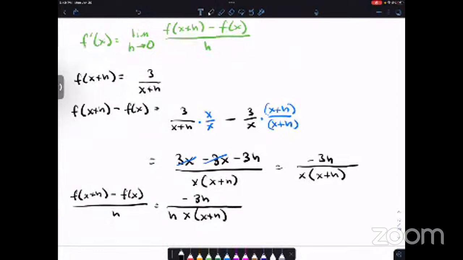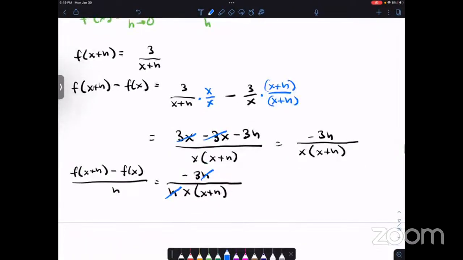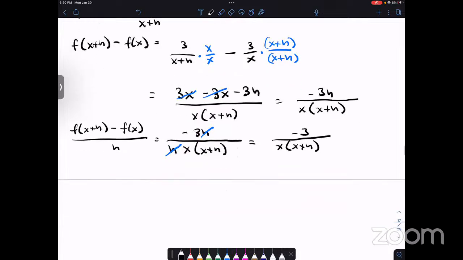Whenever you're doing this technique, this limit definition of the derivative, you're on track when you get to a point where you can successfully and correctly cancel these h's like that. When those h's cancel, then 9 times out of 10 you're on track, right? That's kind of the goal, to get those h's to cancel. Because if they don't cancel and you try to take the limit as h tends to 0, now we're dealing with a 0 in the denominator and we can't proceed, right? We've got to do something different. But now that we got our h's to cancel, this simplifies down to -3 under x times x plus h. Now we're ready to take the limit as h tends to 0.